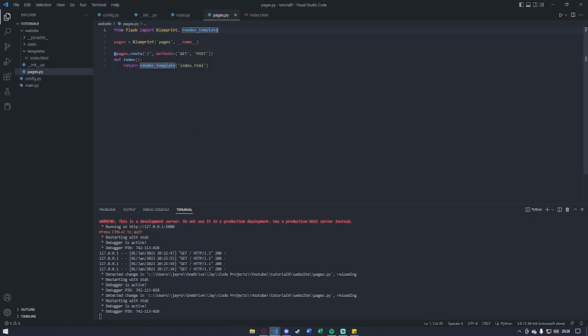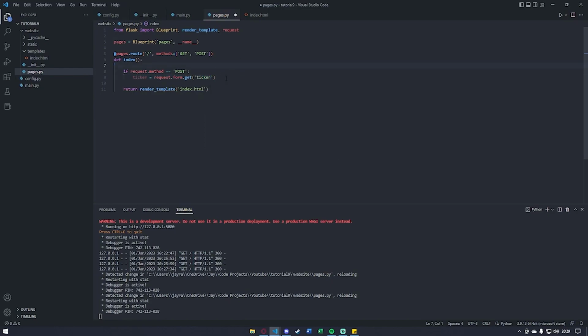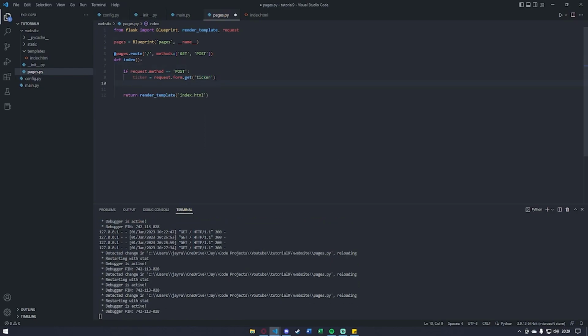Now right next to the importing of render template, we're going to import request. And inside our function, we'll say if request.method is equal to post. So if they sent in the form, then real quickly what we want to do is get their information. So ticker is going to be equal to request.form.get, and we'll be looking for ticker. And underneath that, we'll also need the quantity. So quantity equals